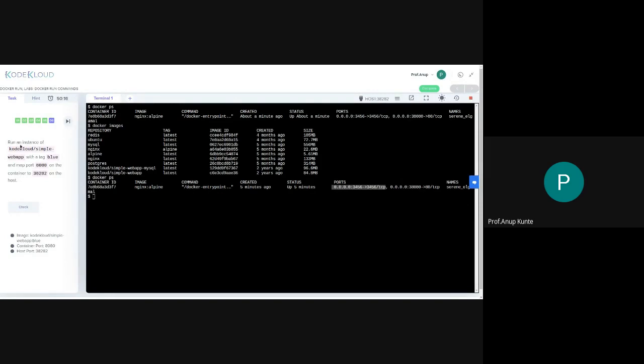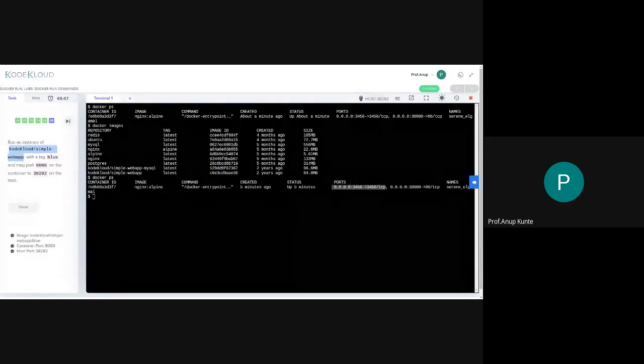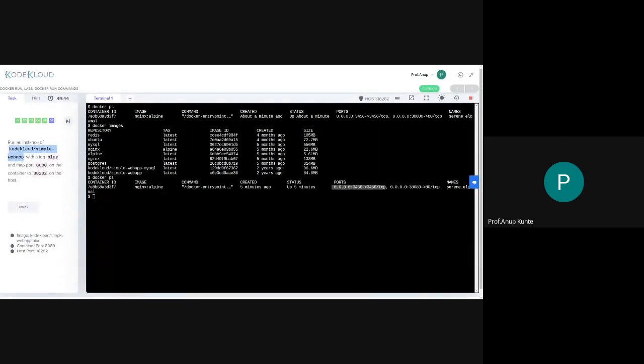Whenever you see such a name of a container where there is one name, then a slash, and then another name, the first name always belongs to the Docker Hub username. You will have multiple container images created under your account. So code-cloud is the account username for a Docker Hub user, and simple-web-app is the image that we want to use.